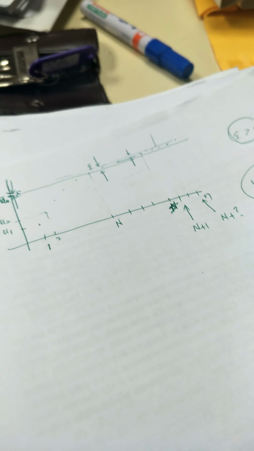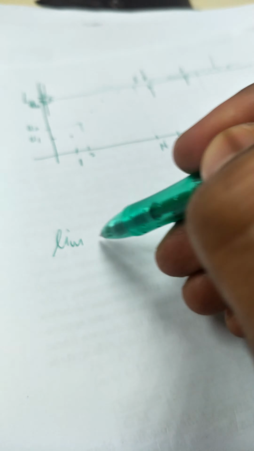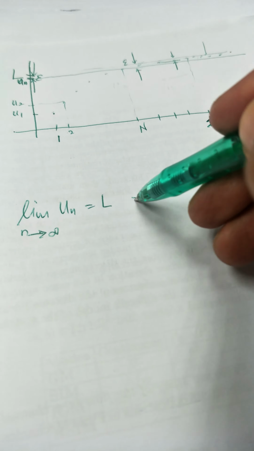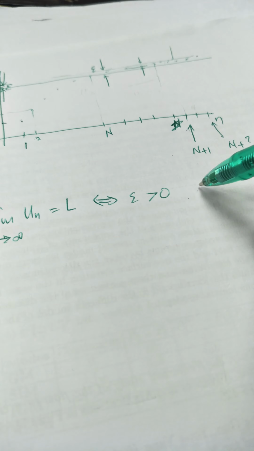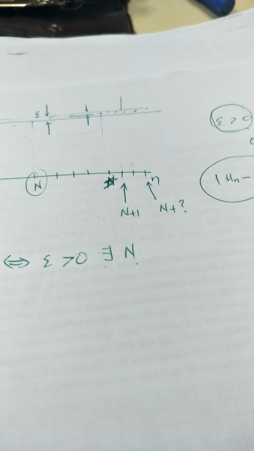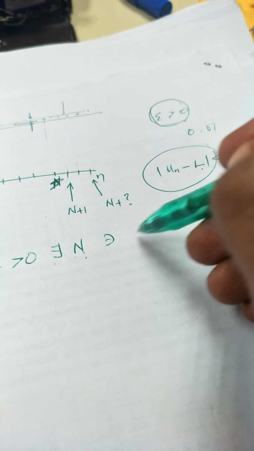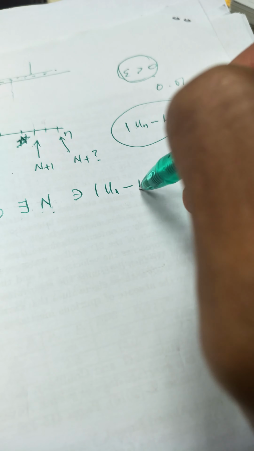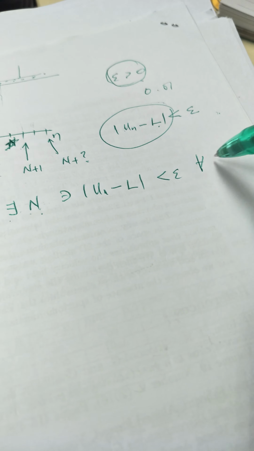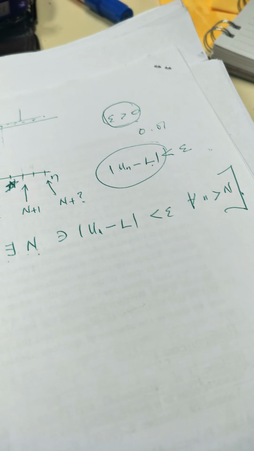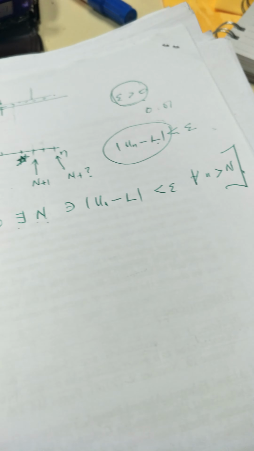So this is the definition: limit of un equal to L as n goes to infinity means that for any given epsilon, we can find this N. There exists N such that the difference un minus L is less than epsilon for all n greater than N. You need to remember this,